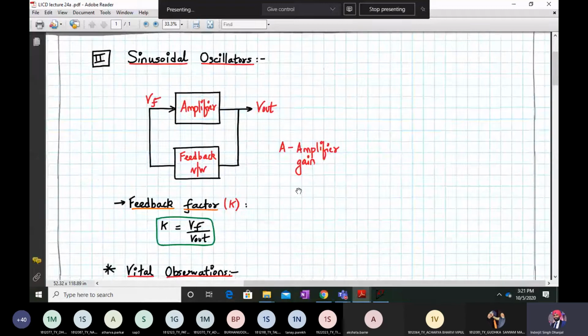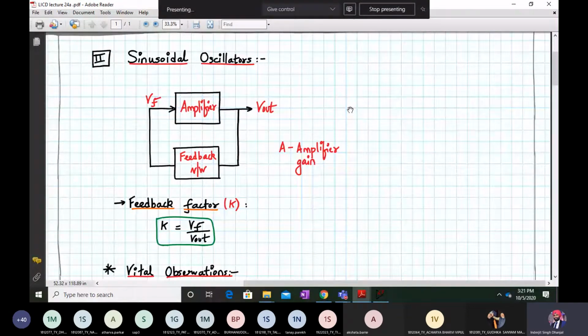Now we'll go to a second objective, that is sinusoidal oscillators. Now these are also waveform generators. Which type of waveform are they generating? Sinusoidal in nature. That's why they are categorized as sinusoidal oscillators. We have already discussed this in the previous lectures while discussing the square wave oscillator or square wave generator, that an oscillator requires no input. Here you can see there is no input at all. The circuit itself drives itself and produces oscillations. So no external AC input is applied in case of oscillators.